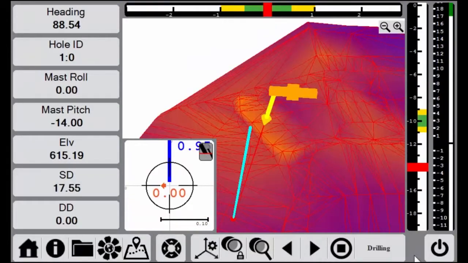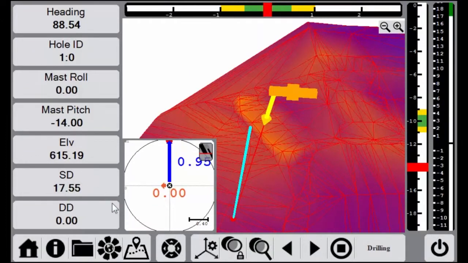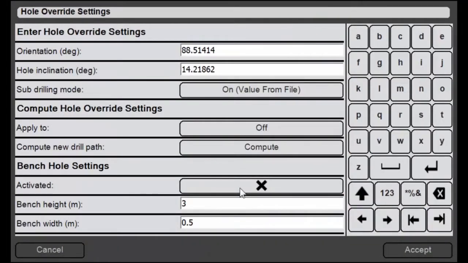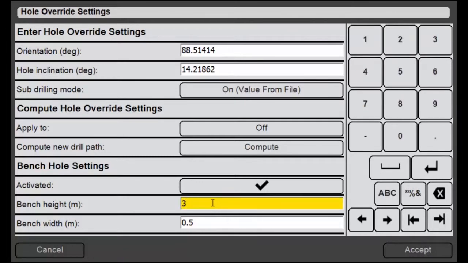So if we go back and look at that drill hole, you can see that it's about 17 meters that I'll have to drill. But if I wanted to, for some reason, break that up into benches, I can go back into my hole override settings, activate my bench hole settings, specify my bench height. So I'll say 5 meters. I'll leave my bench width at 0.5 or half a meter. And then when I hit